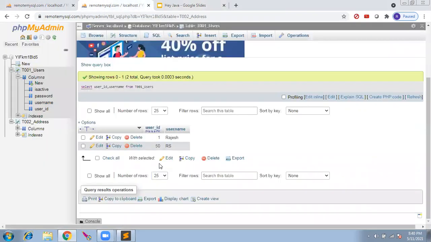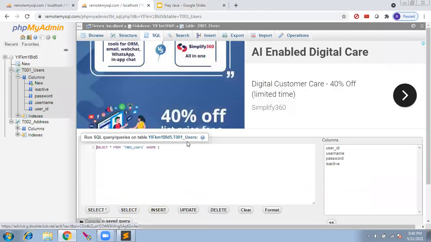So I have this query: select user ID, comma, username from users.